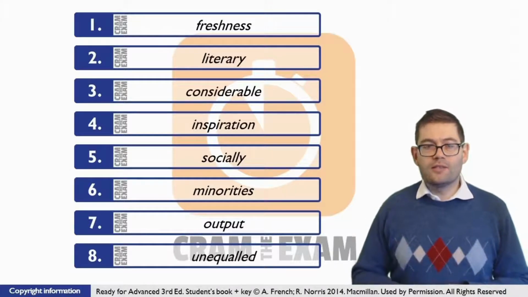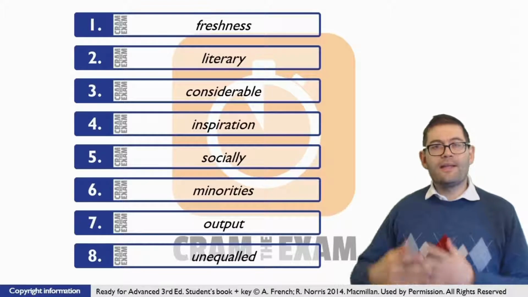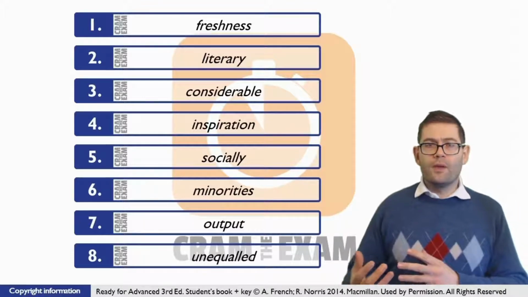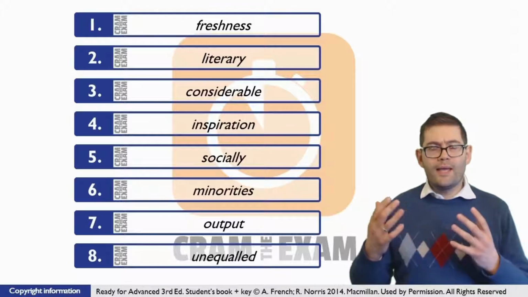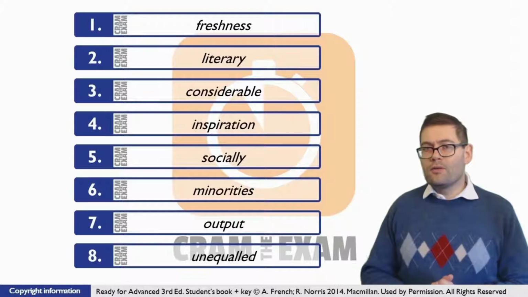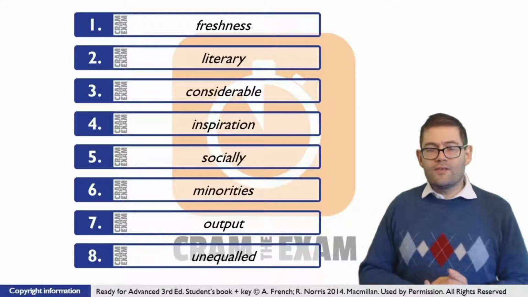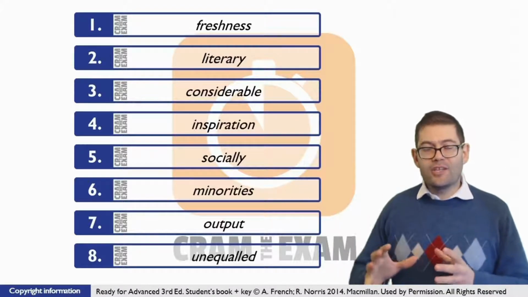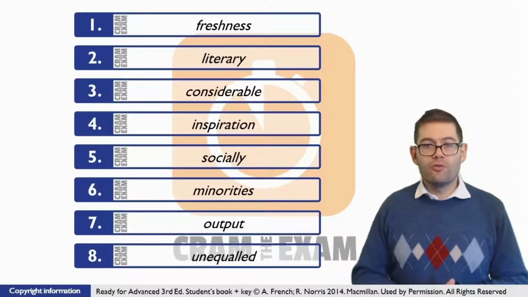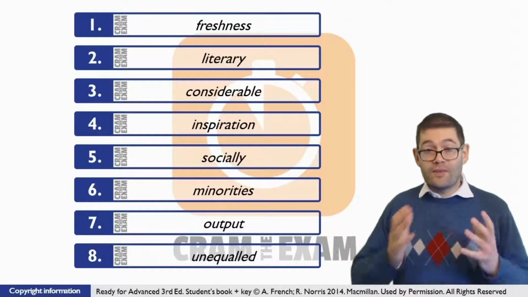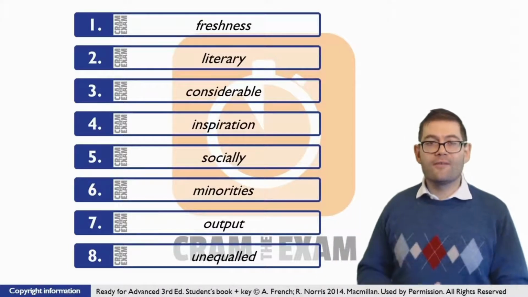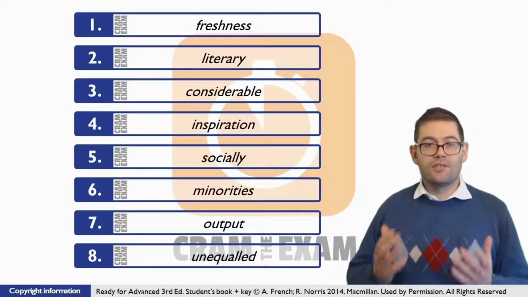Before the gap we've got an article, and we then got the gap, and then after that we've got an adjective, and then after the adjective we've got a colon. So you're thinking, where is the noun? I need a noun here because there isn't a noun. But do you? Look at the adjective. The adjective says excluded, and that adjective is acting as a noun because it's referring to a group of people. So what we need for the gap is an adverb to modify that adjective which is acting as a noun. And the adverb that we need is socially.